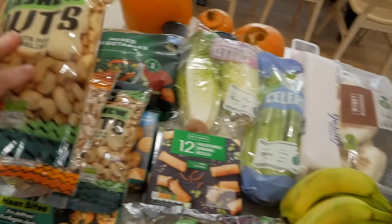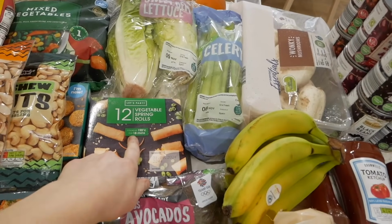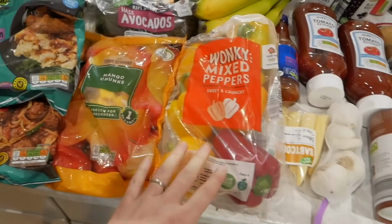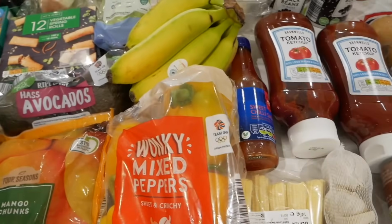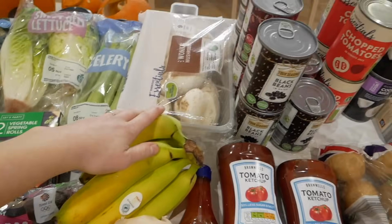Let's move them over. We got 2 cashews, 1 pistachio, and some mini vegetable spring rolls, some avocados, some mango, red peppers. No, they're not red peppers, they're just peppers. Bananas, celery, mushrooms. Then we've got